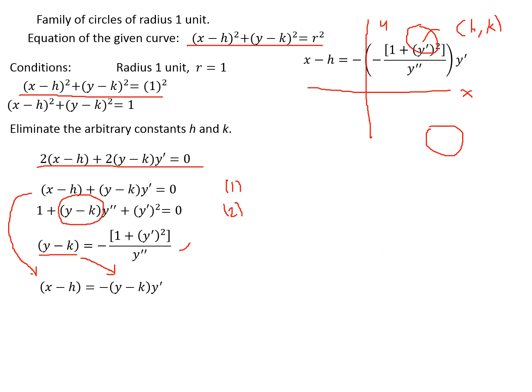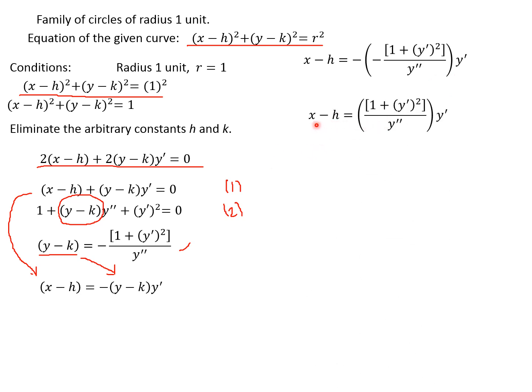So it's going to be what? Just remove these figures there. Okay, it's going to be x minus h times what? Times negative, you plug it, you plug y minus k there. So this is x minus h times negative of (1 plus y prime squared) over y double prime times y prime. Simplifying, you have x minus h times (1 plus y prime squared) over y double prime times y prime